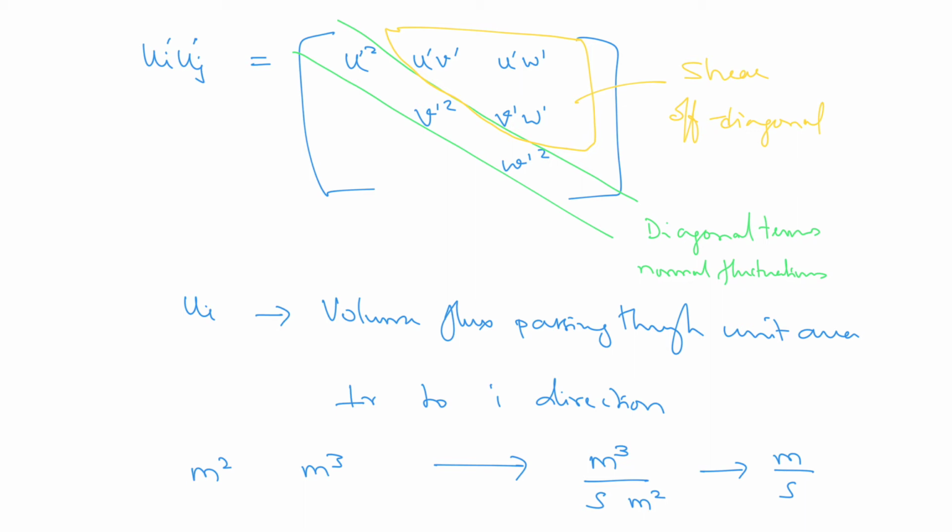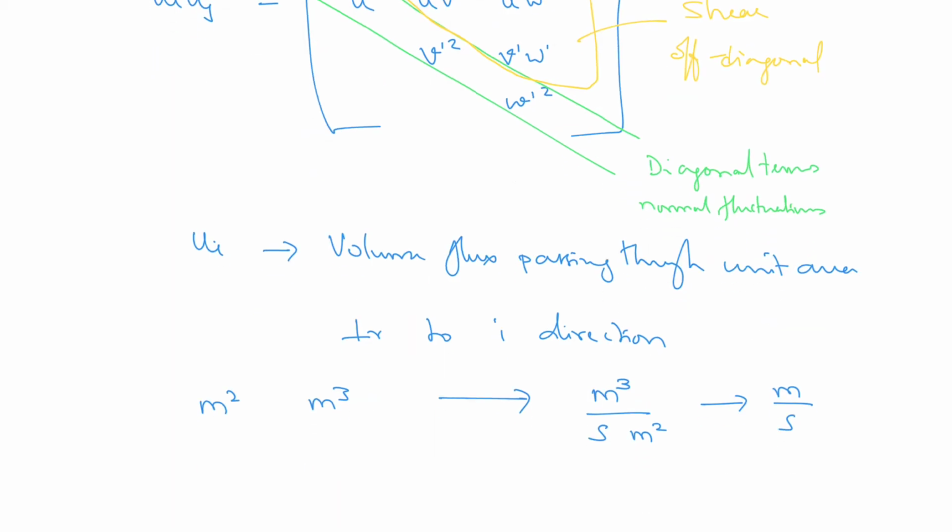So there is a surface normal i, and through that surface fluid is passing through. The dimensional analysis shows that it is a volume, meter cube, the flux, that is the rate, it is per second, passing through an area, meter square, and hence you arrive at the unit meter per second. So this is what we are trying to understand from the first part.